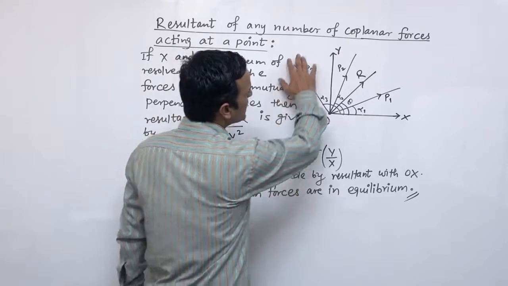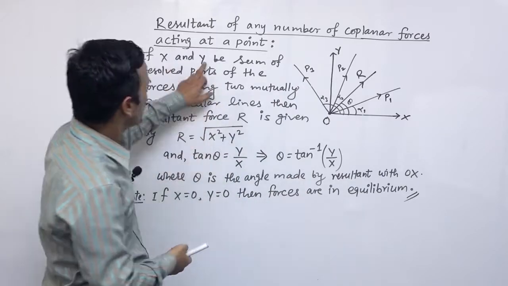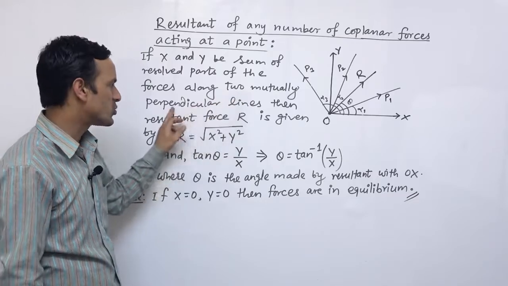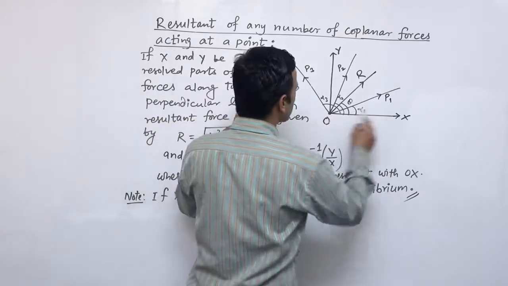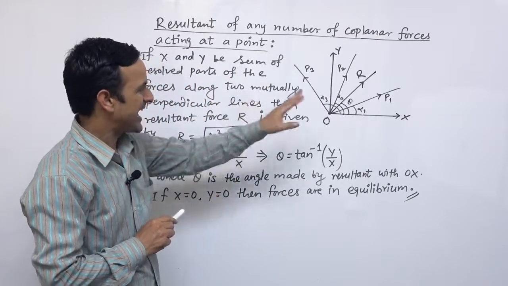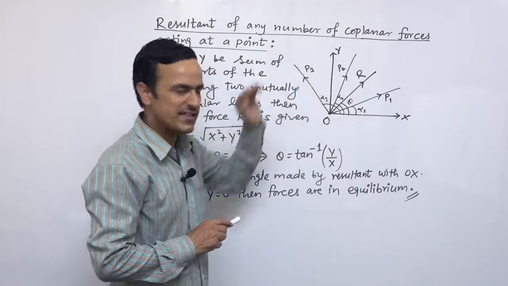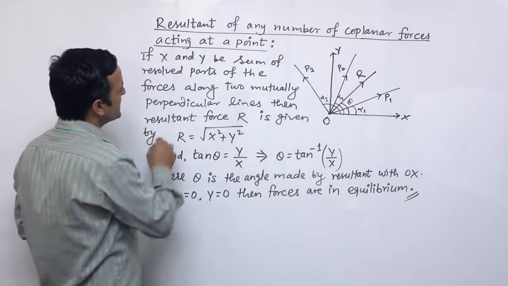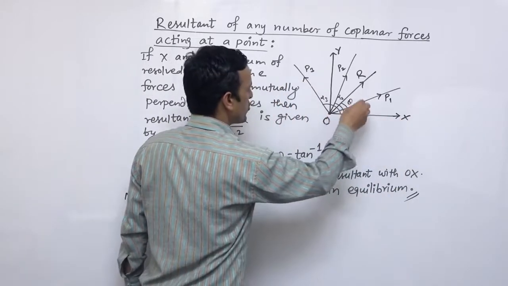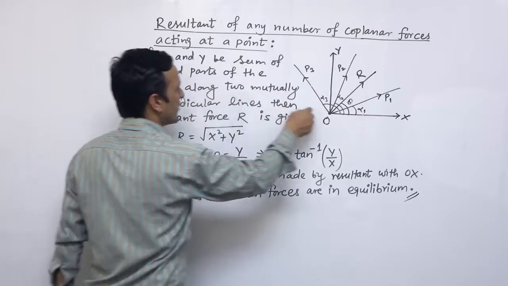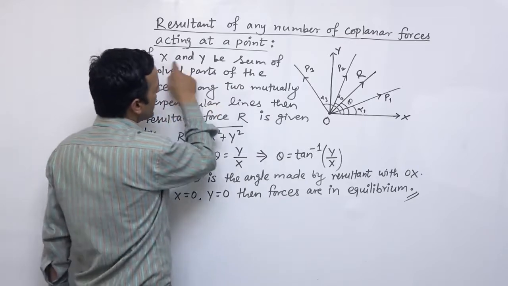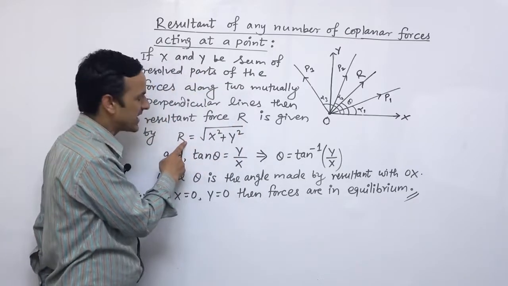So as you see in the figure, x and y are the sum of resolved parts of the forces along two mutually perpendicular lines. This is OX and OY, mutually perpendicular. They are at right angle. They are the axes, x-axis and y-axis, as you know. And x भनेको हाम्रो component, horizontal component हरुको एउटा force हरुको sum हो भने vertical component हरुको sum लाई हामीले y मानेका छौं,